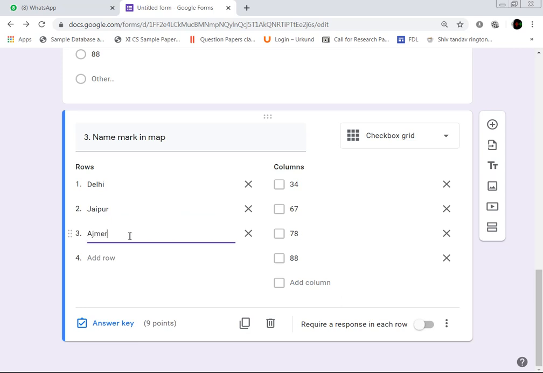So this is just like a match the following. The Delhi is on which point? I am changing the column on the right side also here. So Delhi, 1 2 3 and 4. So if Delhi is on the 4th place, I am just opening one map.